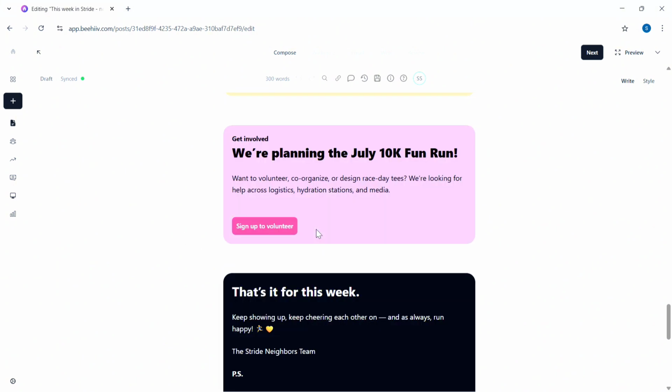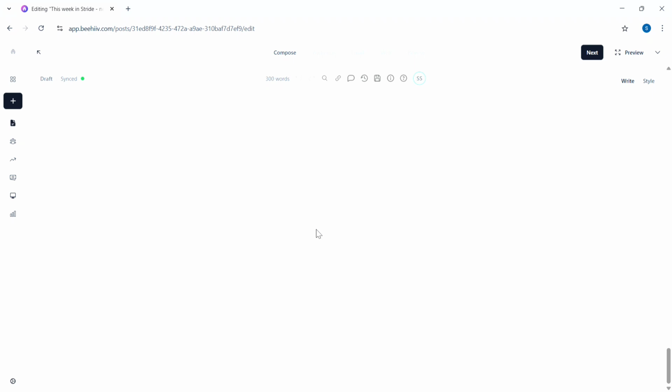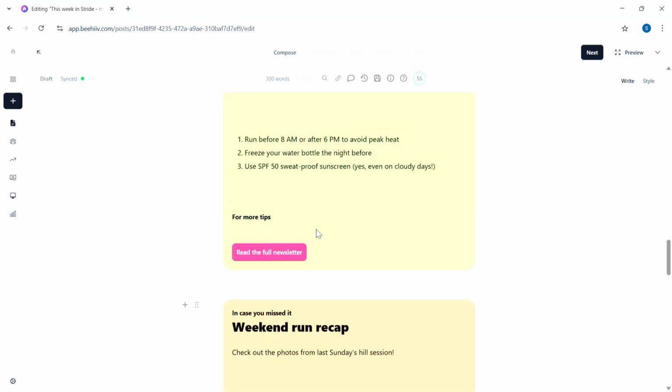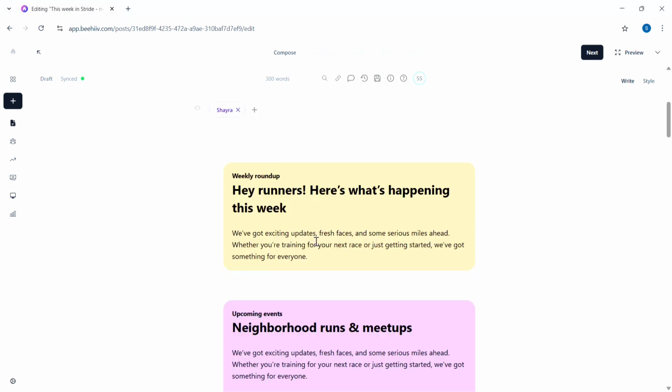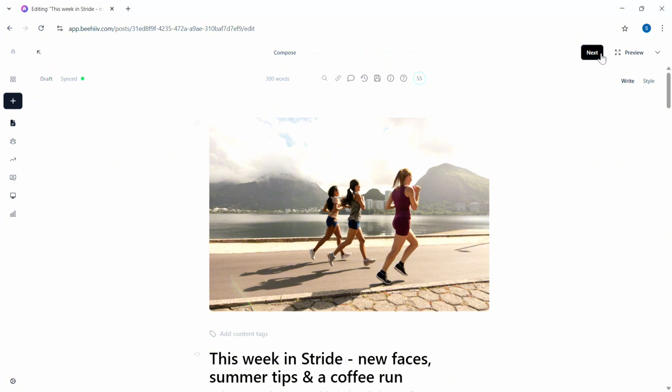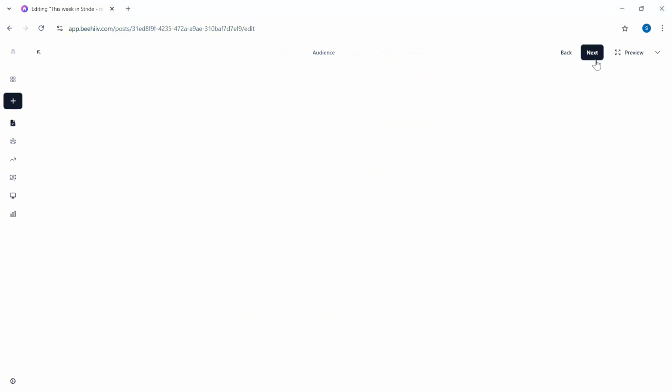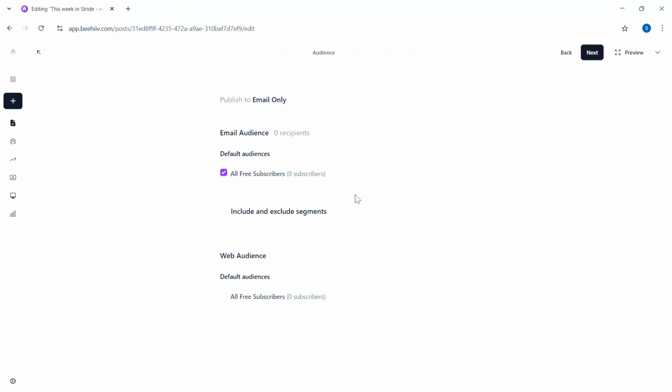So to edit the text in here, go ahead and click on the text where you want to place your own text. Customize fonts, colors, and spacing using the Design tab, and then preview your newsletter on desktop and mobile before publishing. So click on the Publish button at the top right of your screen, and in here,